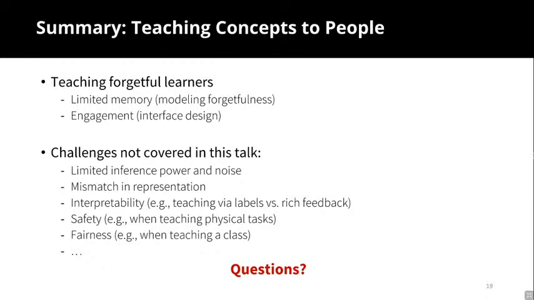for example, they might have limited inference power. If we ask them to generalize the concept, it may not be as easy as remembering a concept. There may be a mismatch between the model and the actual model the learner is using. And sometimes we may call for more interpretable teaching interactions, so we need to properly define the teaching interface so we can interact with the learners more effectively. And if we imagine teaching a human learner some physical task, there might be safety concerns and fairness concerns. So all those are very exciting open problems, and I'm excited to hopefully work together with the community.